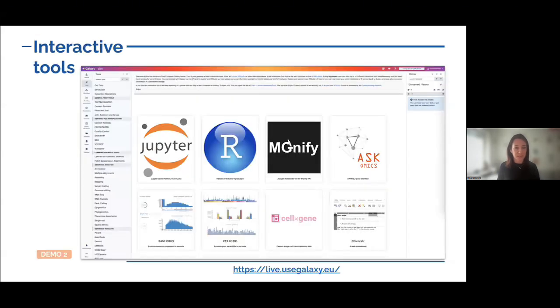Finally, a different thing. This is kind of a different concept. This is an interactive tool. So basically, this is a way for you to reproduce what you could have in a desktop environment. So you have here a virtual desktop. You have notebooks like Jupyter, R, and so on. So many of them might be familiar to you. And you access these ones at a different URL. This is live.usegalaxy.eu. And this is something that Anne will cover in demo 2. So I will not say much more about this one. But the functioning is a bit similar. You click on the tool, something starts, and then you can start typing your code if this is what you want.